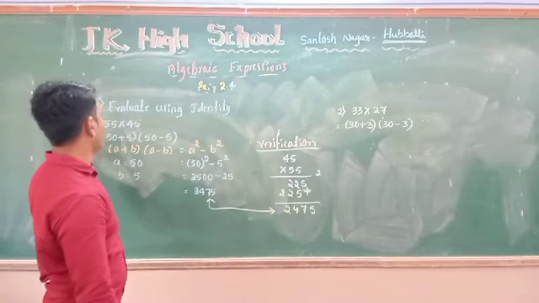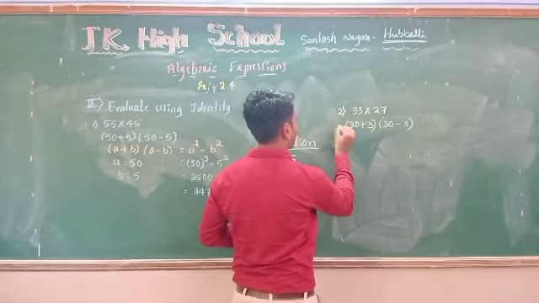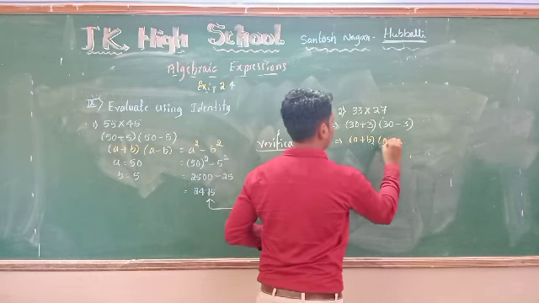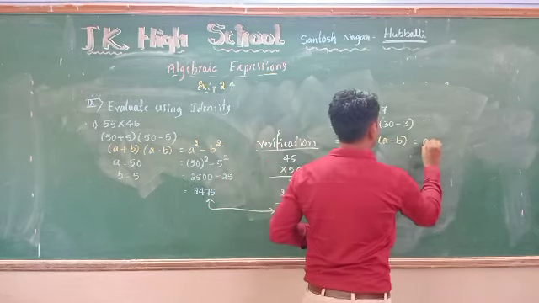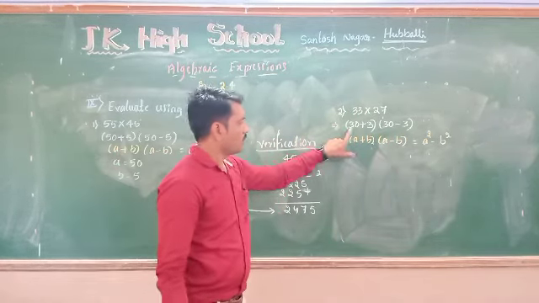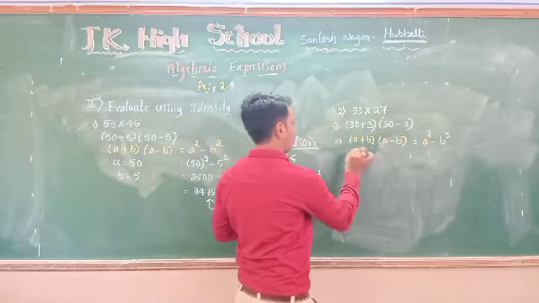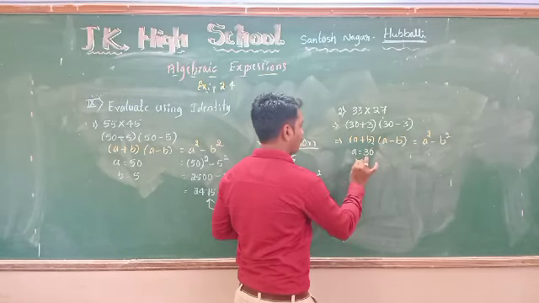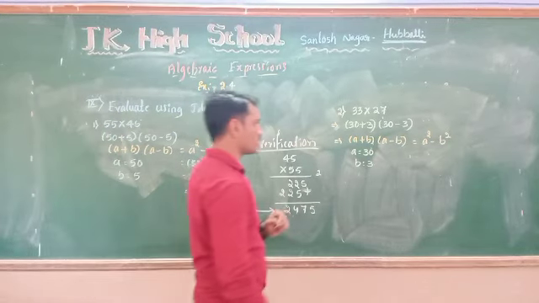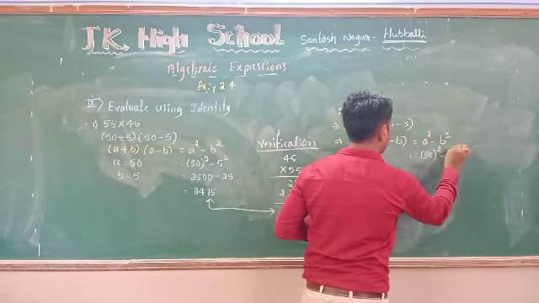So we are under the conditionality of (a plus b) into (a minus b). Now the question is in the form of what? This implies (a plus b) into (a minus b). What is the answer? a square minus b square. Correct? The a value is what? 30. What about the b value? It is 3. Extraction is correct. Okay, let us substitute. a square means 30 the square, b square means 3 the square.